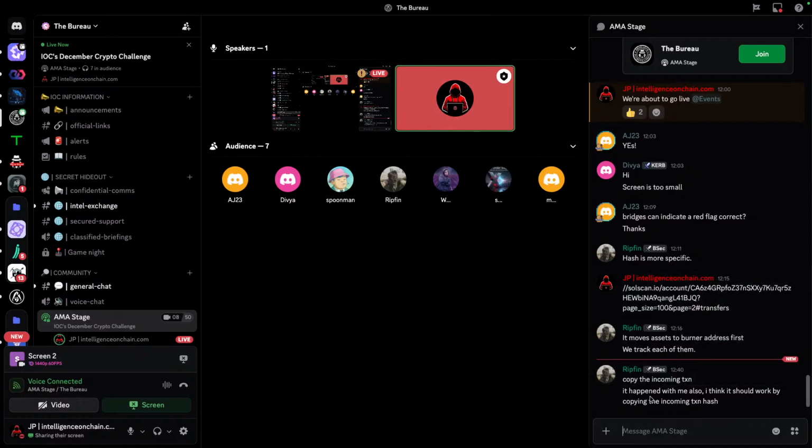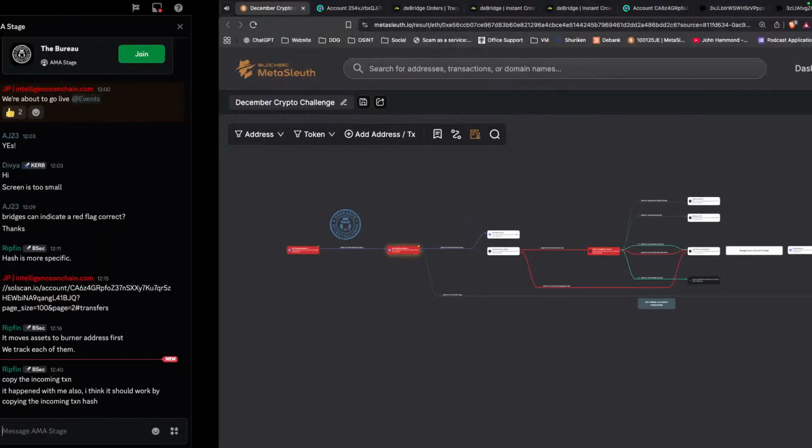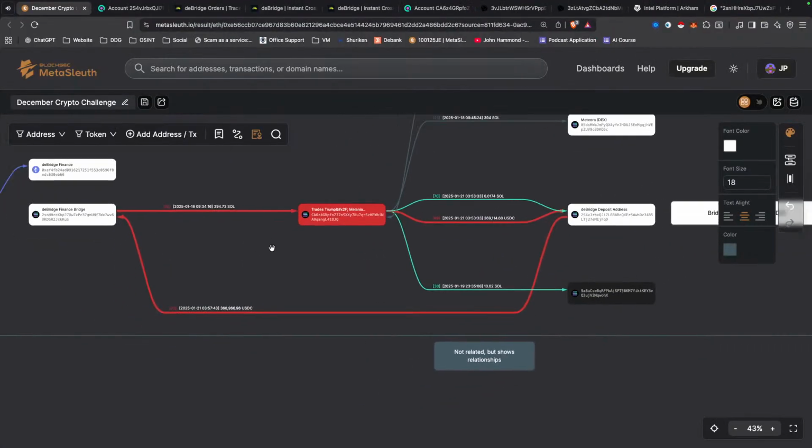Yeah, so Ripfin, you're talking about the issue that we had with deBridge, right? This transaction here, we thought that this was the attacker, and this is exactly what I came up against when I did the trace initially. I'm like, how is this not showing up on deBridge? It doesn't make sense. It's because it's a deBridge associated address. The attacker doesn't own that address, and that is why it's critical to label and to color things on your chart, because you're going to get lost on a trace like this one where there's lots of moving parts. You're going to get lost. So yeah, label.